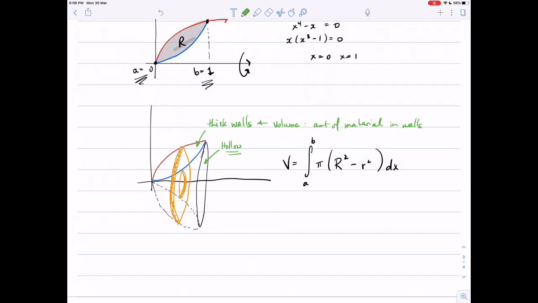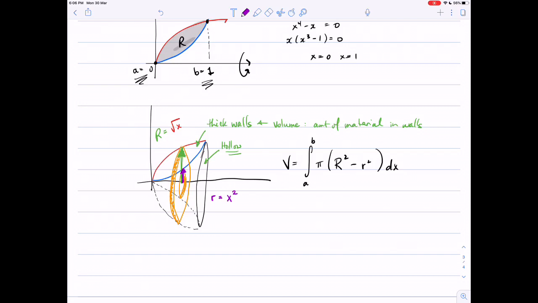The big radius goes from the center to the outside, and so our big radius R is the curve in red, and the curve in red was the square root function. Our inner radius, our small radius, goes from the center to the inside hollow part, and so our small radius r is the curve in blue,